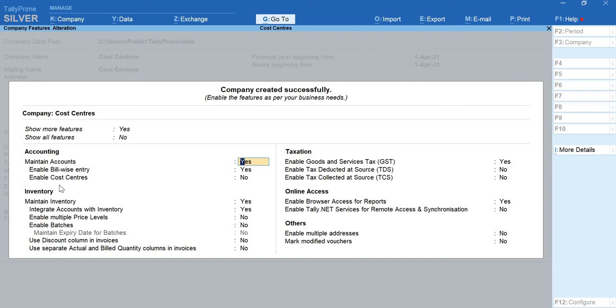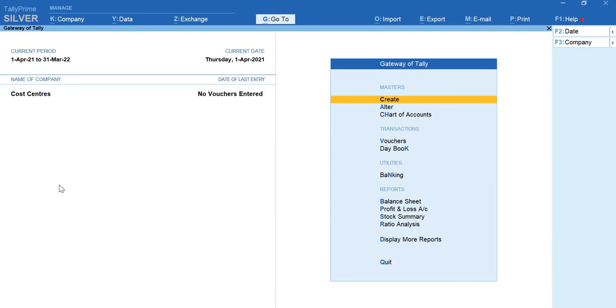If you don't enable here, you will not get these options in your Tally. So this enable cost centers should be as yes. And don't change any of the details. GST no, and give enter and accept this screen, which means you are done with creating a company and enabling the cost centers that is required for you.